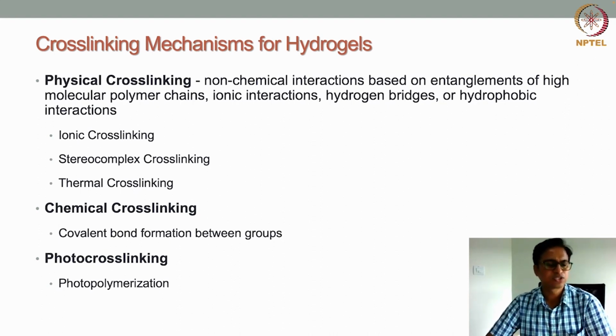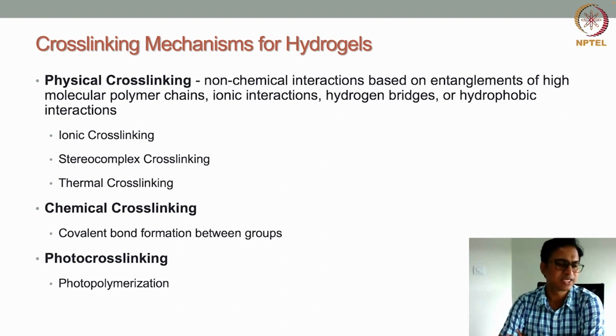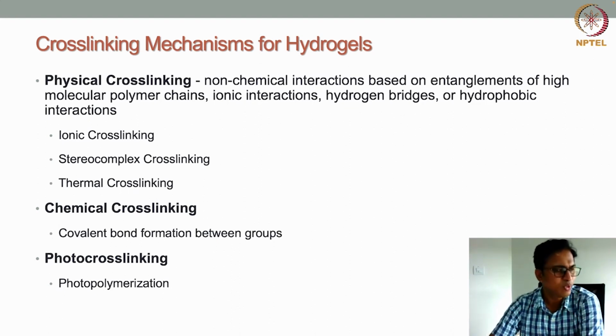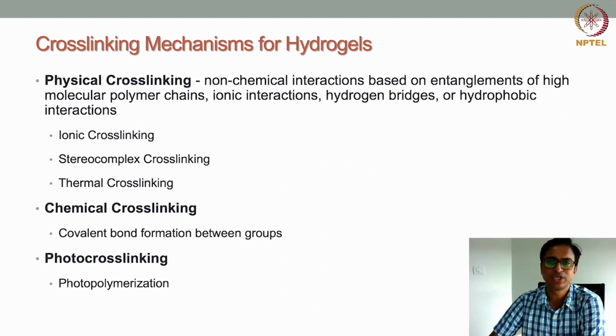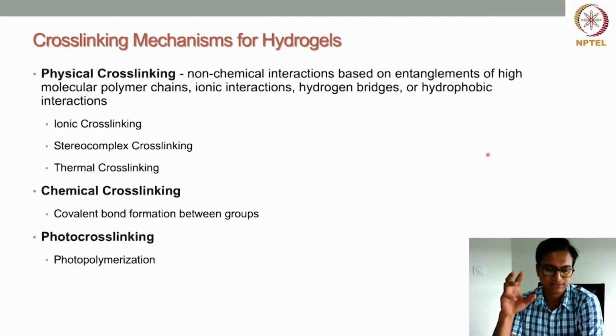There we have also discussed the different ways the cross-linking can be done. It can be physical cross-linking, chemical cross-linking, or photo cross-linking, right? All these have their own advantages and disadvantages. We'll discuss that in the later slides, but first let us understand the nature of this cross-linking. When it is physical cross-linking, mostly we talk about non-chemical interactions, where the interaction